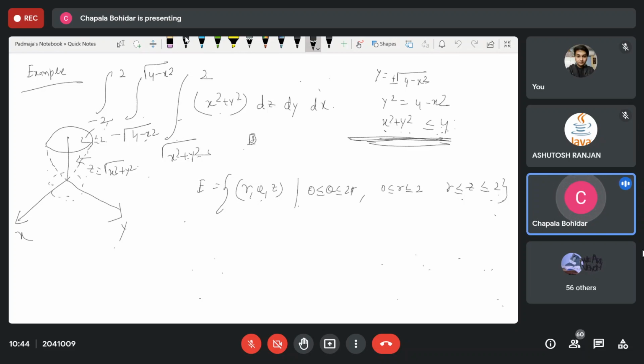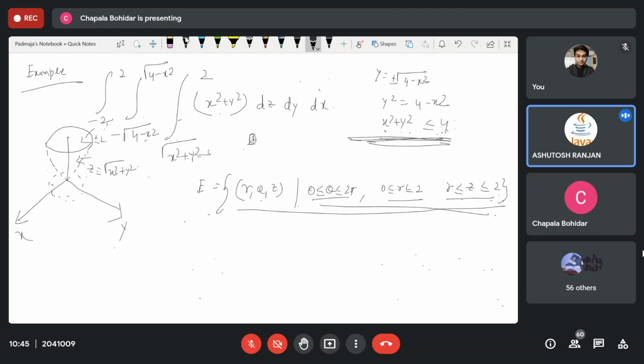Is it clear? This line, how do we convert? Don't think you will get the solution directly. You may get to write it down like this in a multiple choice question. You are clear here? Yes, ma'am.